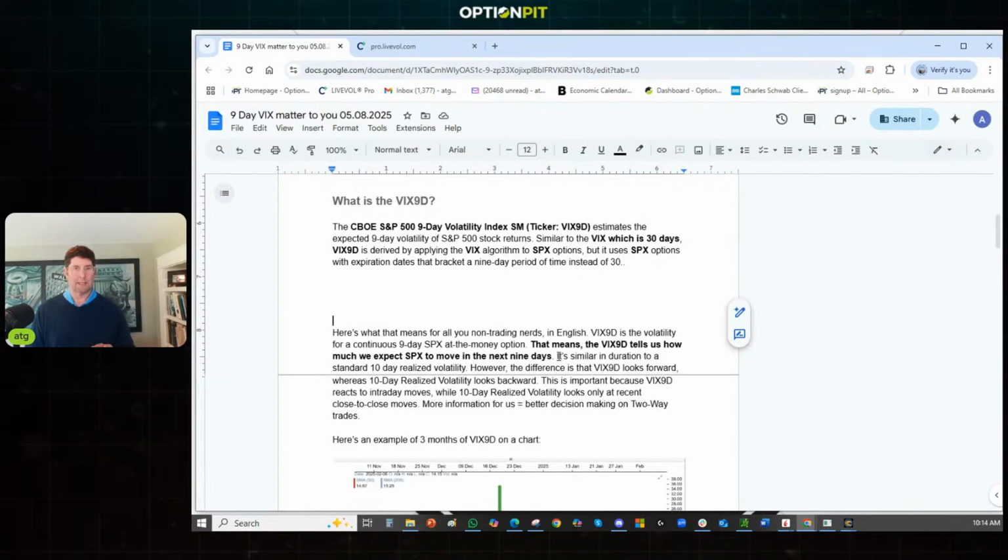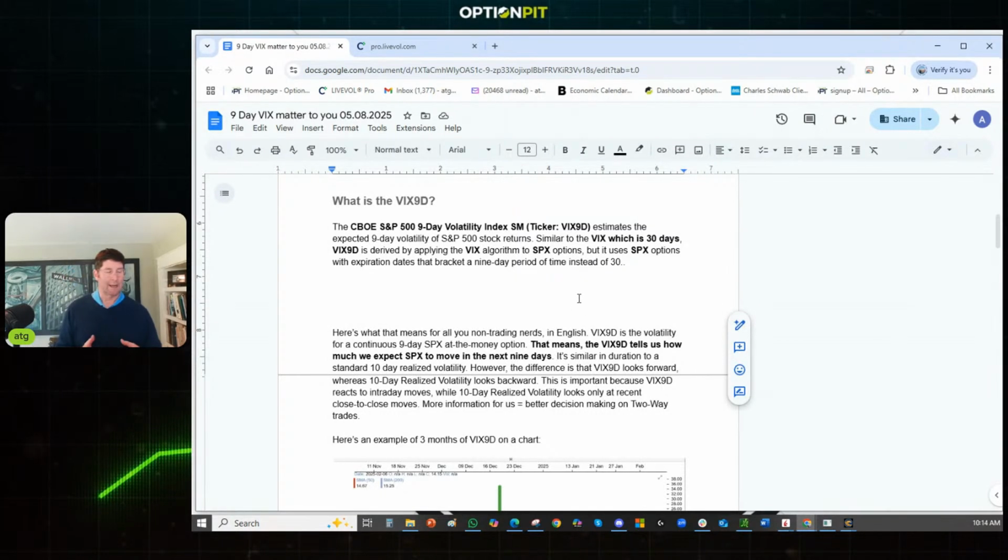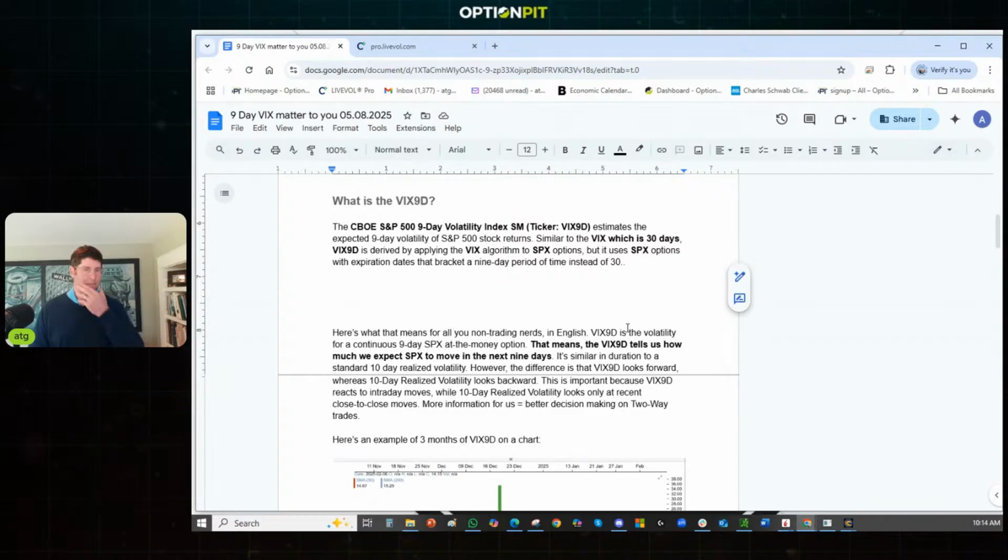Okay, so the next part is the 9-day VIX calculation. What is it? It's basically the VIX calculation on options centered around 9 days. So the idea is, instead of using the 30-day VIX calculation, it's going to use options right around 9 days, but everything with a bid. So again, your 9-day VIX is also giving you